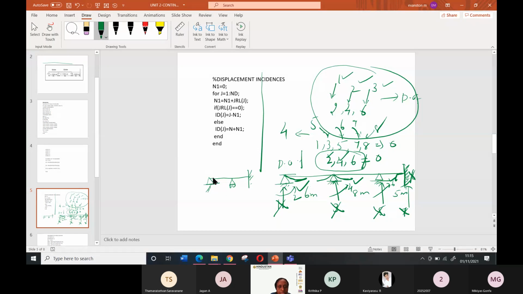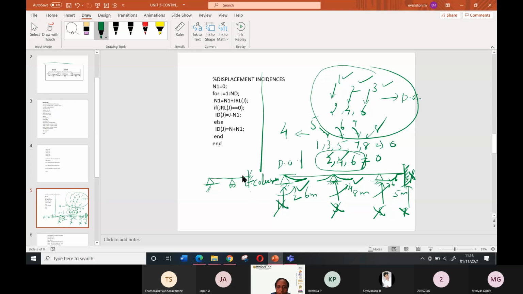The beam has different supports. These are the three supports we'll consider. So this is a beam. The beam is supported on the column, and this is a column support. That is, the reinforcement from the beam will be taken to the column. You might have noticed, when you are making a concrete beam, the reinforcement from the beam will be taken to the column. What does it indicate?